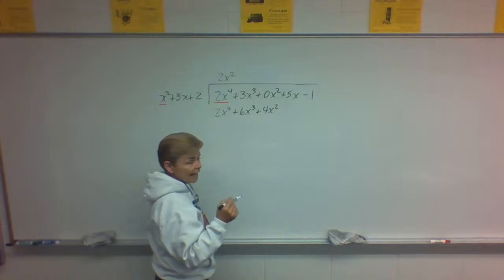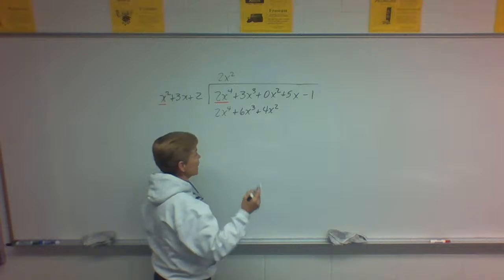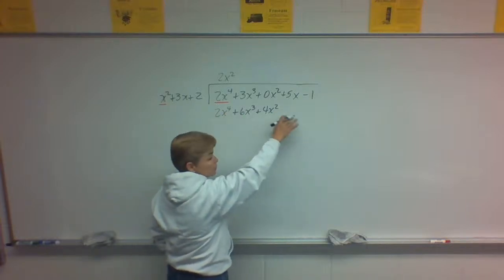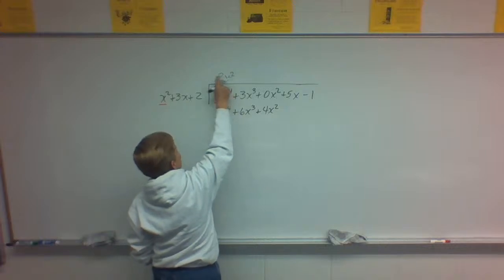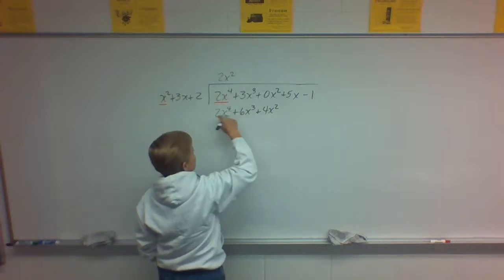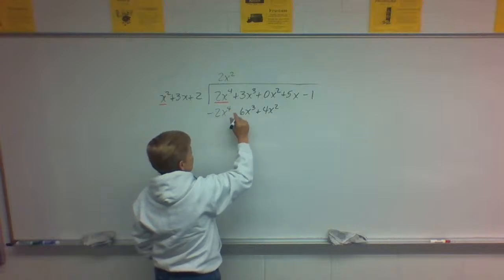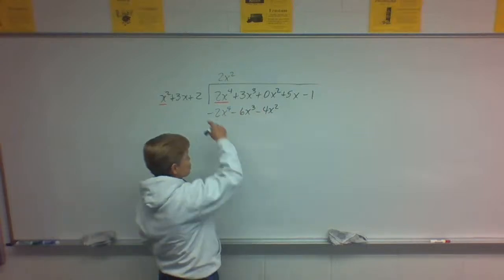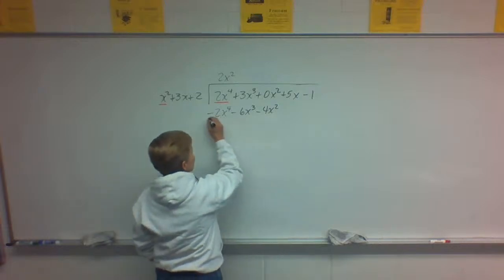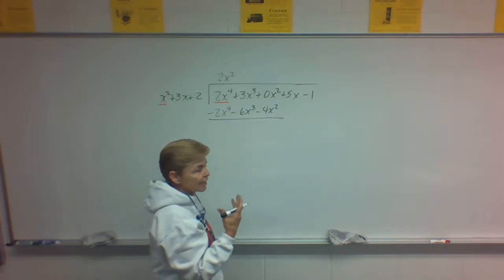Change the sign and add. In our case, it's change the signs and add. We have to distribute a negative all the way through here. So I want you to memorize this instead. As soon as you write down what this times this, and this times this is, when you write it here, before you even draw your line, change the signs. All of them. Change the signs. That's the same as distributing a negative. And then add. That's the same thing as subtraction, but if you adopt the idea, change the sign and add,